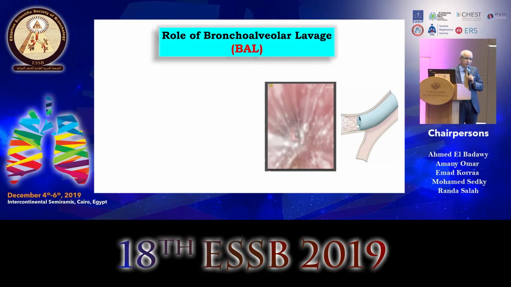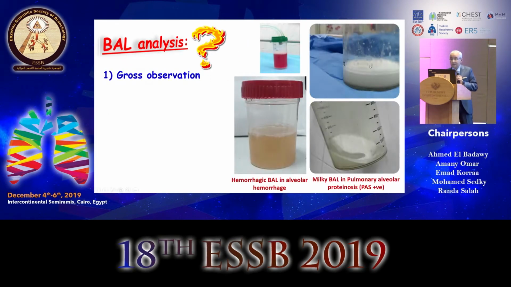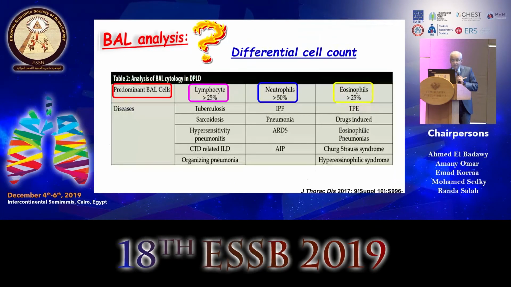In some cases, you can go for bronchoscopy and bronchoalveolar lavage, and the lavage in itself may be diagnostic, even in its gross appearance. The milky lavage of alveolar proteinosis; this is the hemorrhagic lavage, the increasingly bloody lavage in alveolar hemorrhage diseases. The TLC and differential cell count of the lavage is very important, and you can make the diagnosis together with the clinical and radiological context of your patient in a big volume of patients without going to invasive lung biopsy. Lymphocytic lavage, you can think of NSIP, sarcoid, but the most important disease is